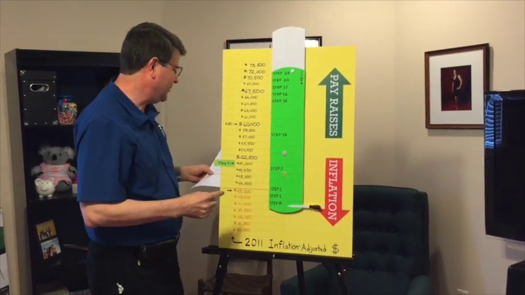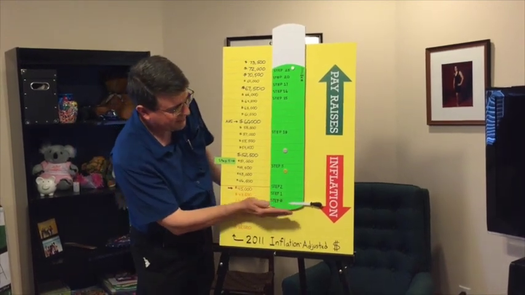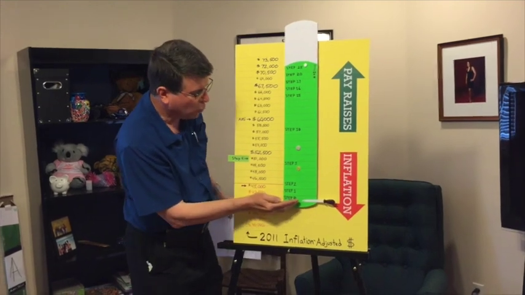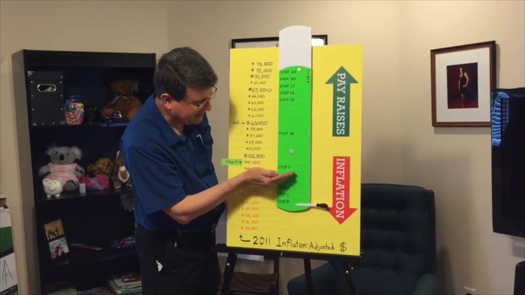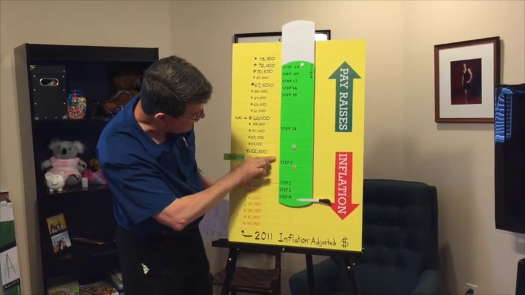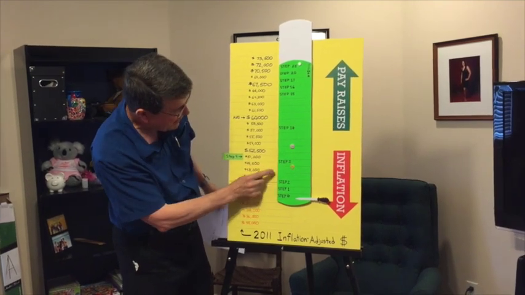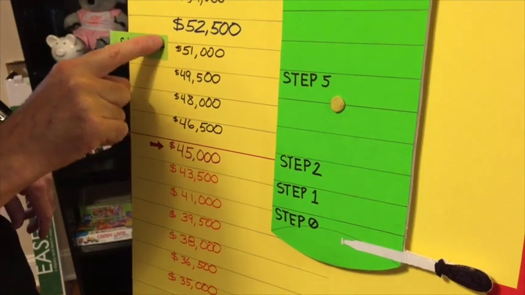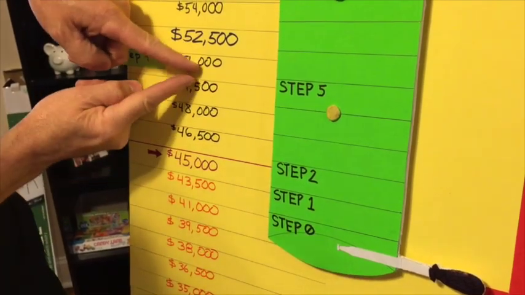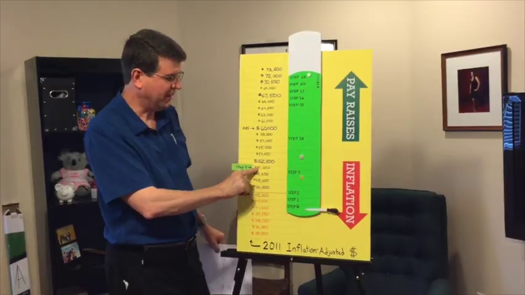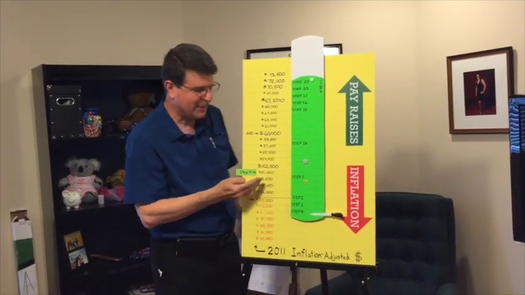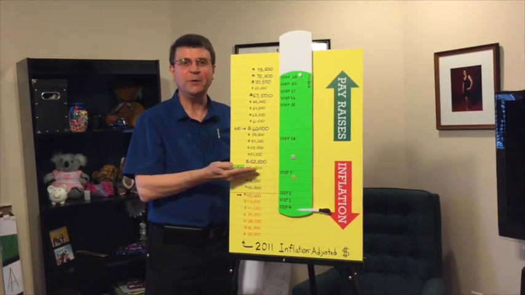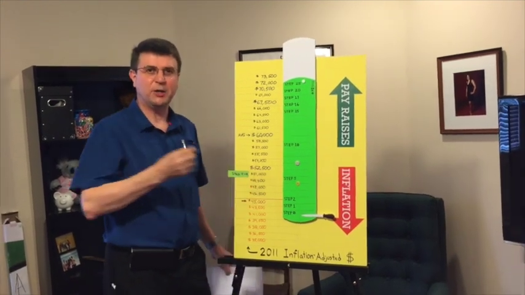Well, by the end of 2015, the new hire has reached step 4, but when he or she got to step 4, you can see step 4 has sunk to where it's probably about $48,500 worth of buying power, something like that, not $51,000 worth. So when they got there, the real buying power of it still isn't the $51,000. They haven't broken through the $50,000 mark in terms of